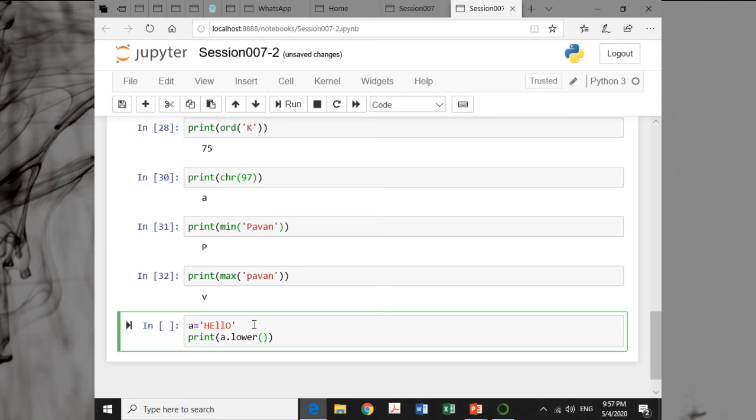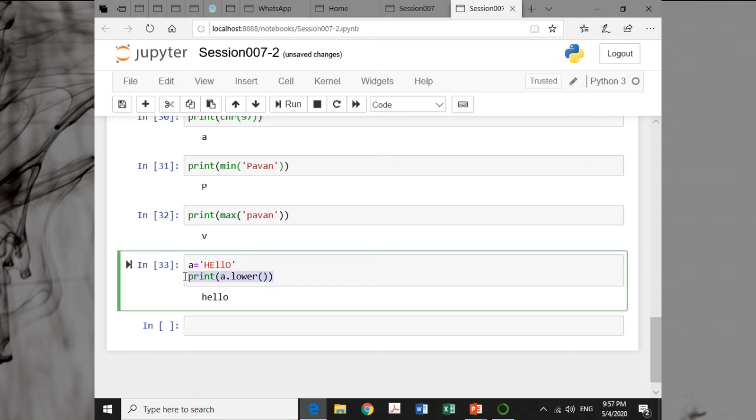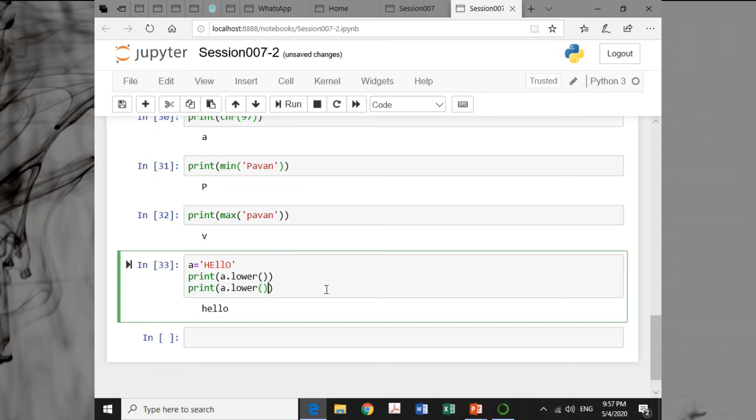These are member functions of the str class, so they are termed methods, and methods are always used with an object of the class. So we are using a, that is the object of the string class, dot lower. So a will be converted to lower case and it will produce a new string like hello, everything in small letters. Similarly, we can use upper.